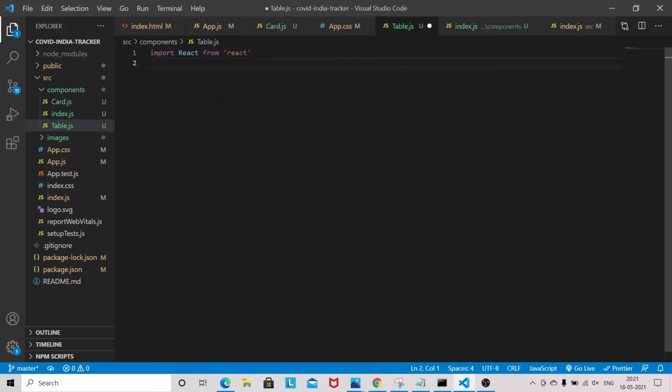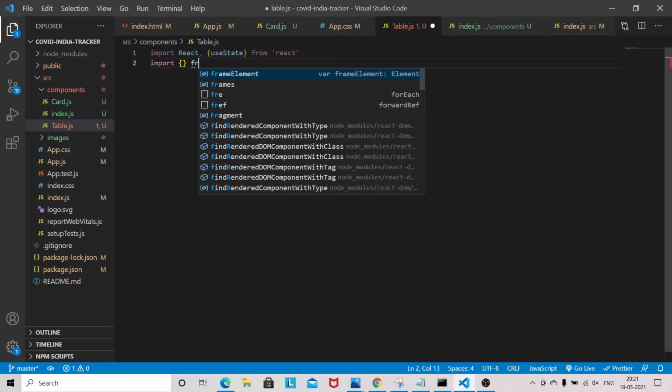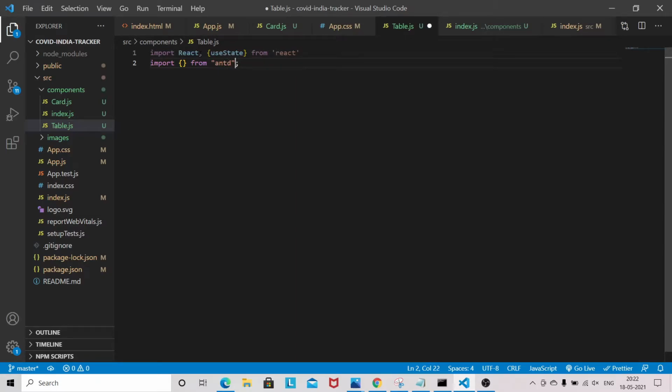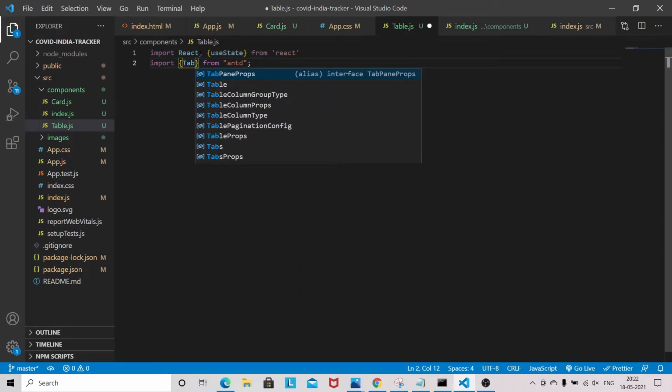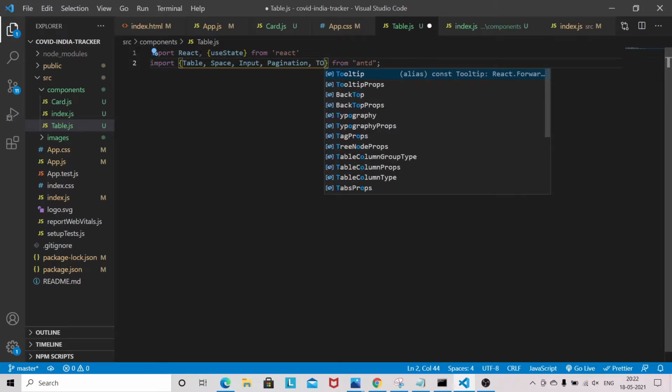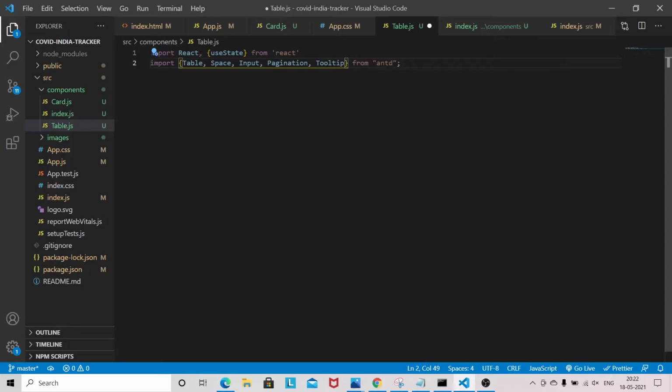Here we need useState once we start working on the pagination. So we need table, space, input, pagination and tooltip. Tooltip is optional, since we are using a button, it's not required.